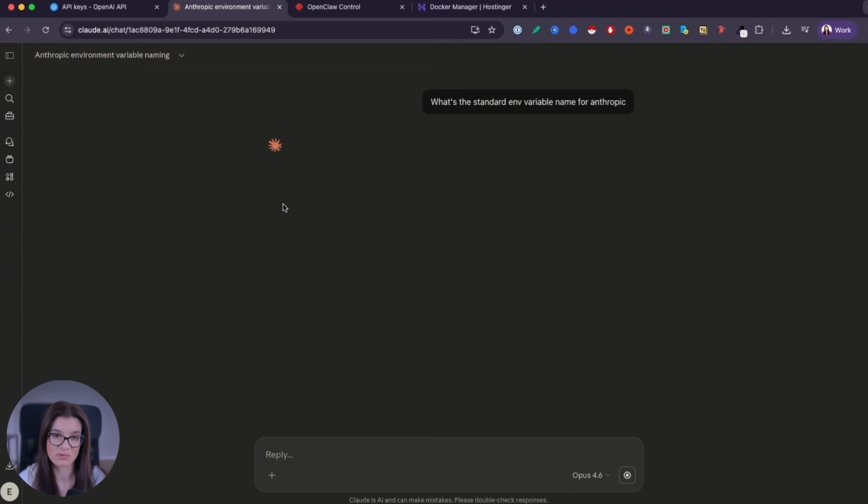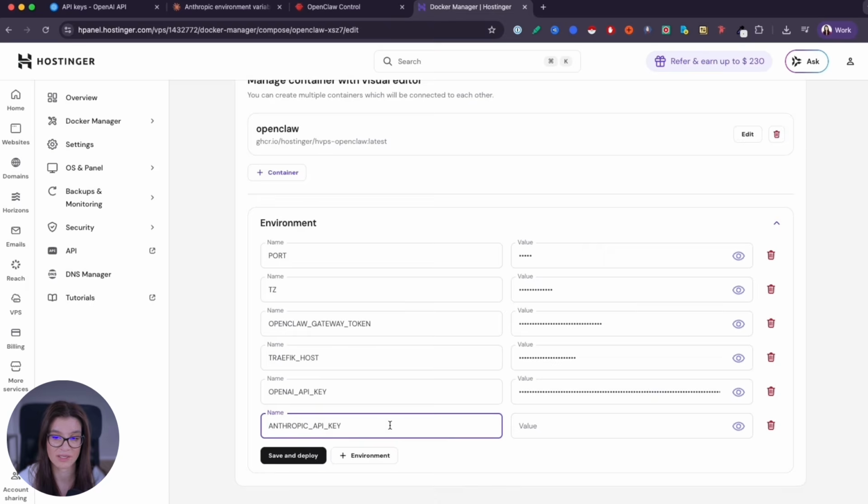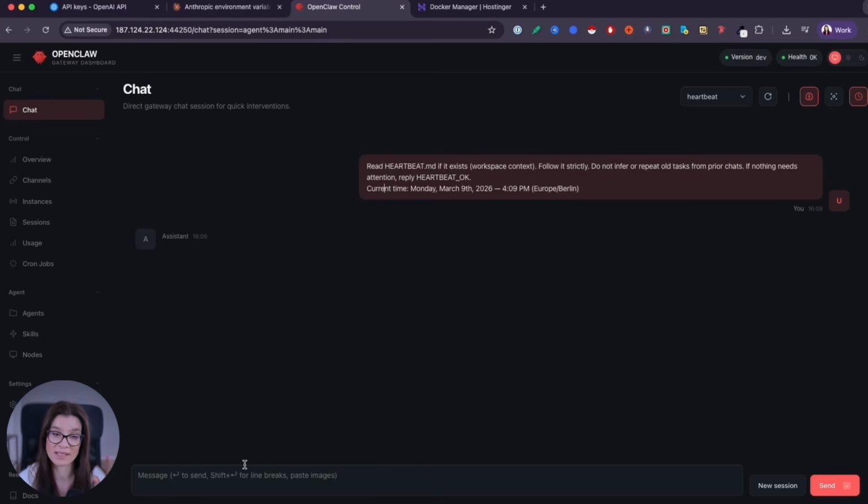And this is important to actually get the right name. So this is the standard name. We should copy it, click here and add our value, then click deploy. Later, we will also need the environment variable for Telegram. So this is where you should always add your API keys and your tokens. Never paste them here,